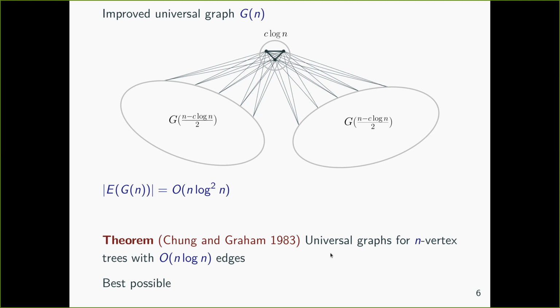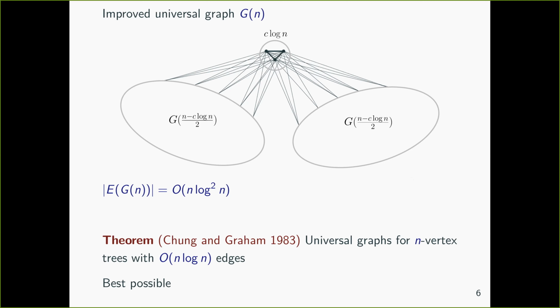Their construction is a bit more involved, but it uses some of these ideas, with extra tricks as well. So n log n is the right answer, and log squared n is really easy using this construction. For the rest of the talk, I'm not going to care too much about extra log factors, so this will be good enough for what we are going to do.